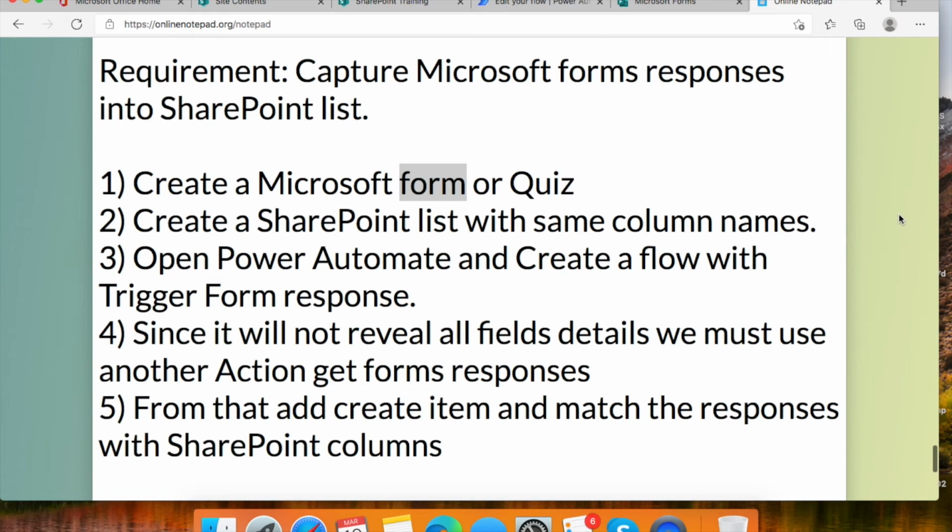Hello everyone, in this video let's check the new requirement. Here we need to capture the Microsoft Forms responses and insert all the information into the SharePoint list. For that we need to have Microsoft Forms licenses first, and then we can create my Microsoft form or quiz. Then in the SharePoint list with the same column names we need to create a SharePoint list schema,